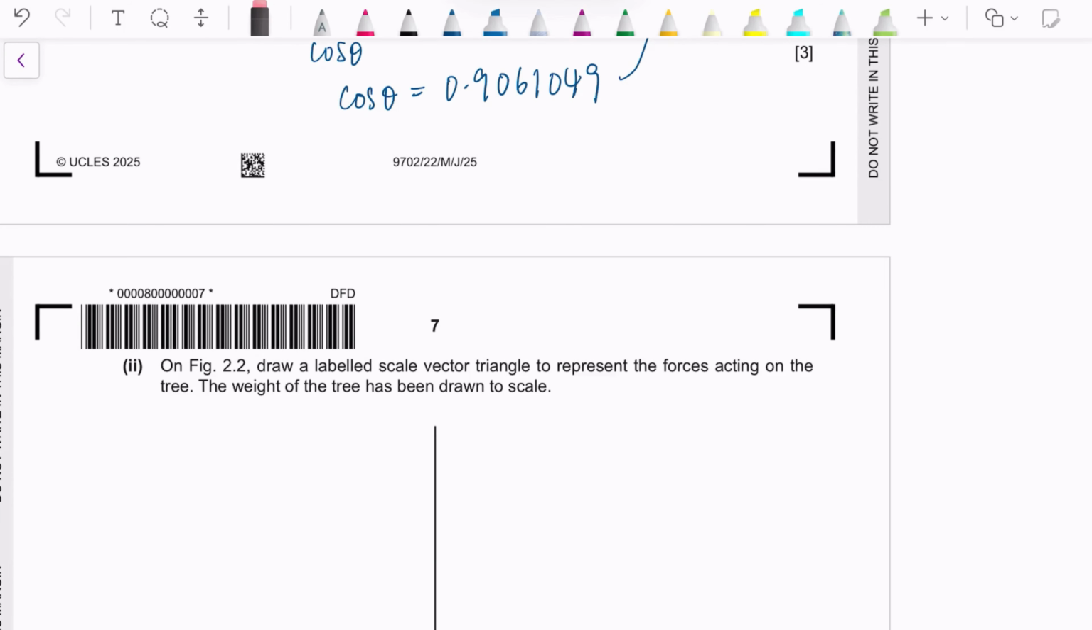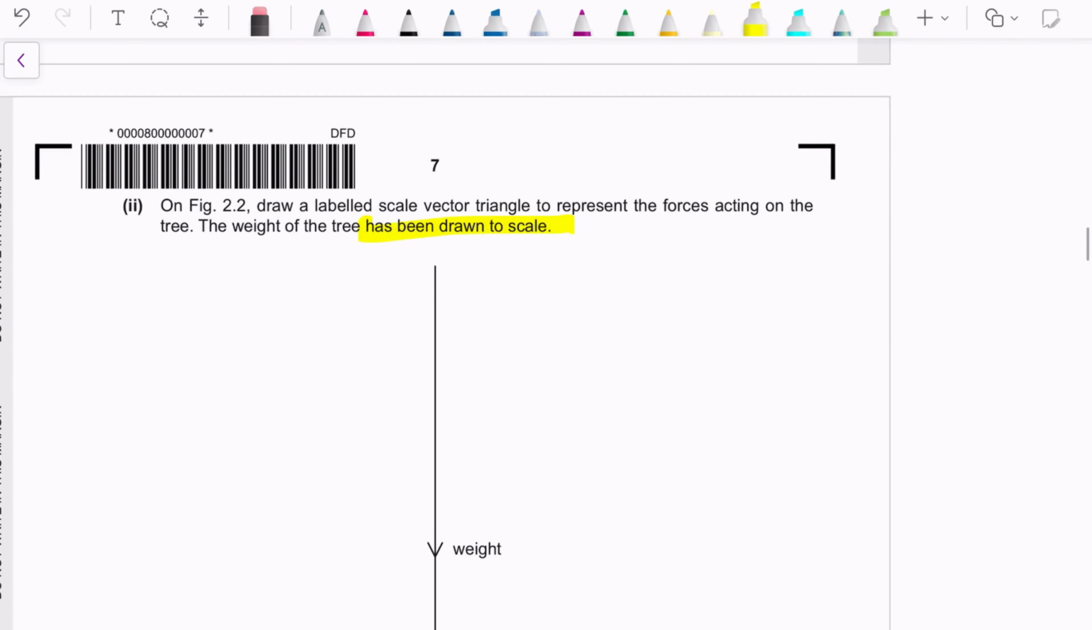On figure 2.2, draw a labeled scale vector triangle to represent the forces acting on the tree. The weight of the tree has been drawn to scale. Okay, now this is where you have to be really, really careful. You cannot simply draw, because they already said that the weight of the tree has been drawn to scale. That means you must follow the scale given. So, your weight is 270 multiplied by 9.81,